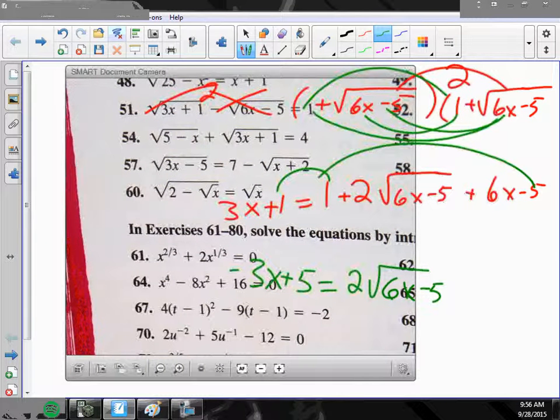Should I divide by 2? I don't want to, because if you divide by 2, you're going to have a fraction, and you're going to square it and make it a worse fraction. So just leave the 2 where it is. So now I square both sides,